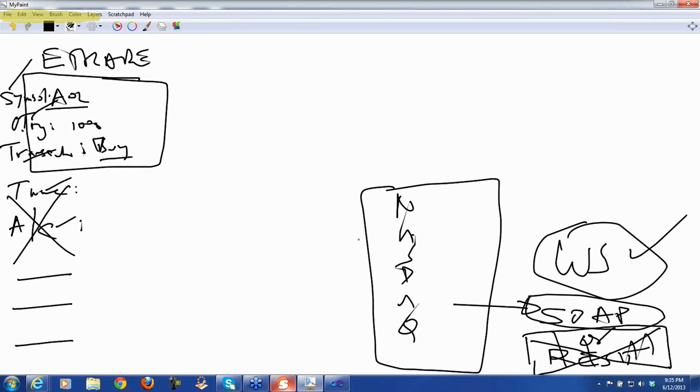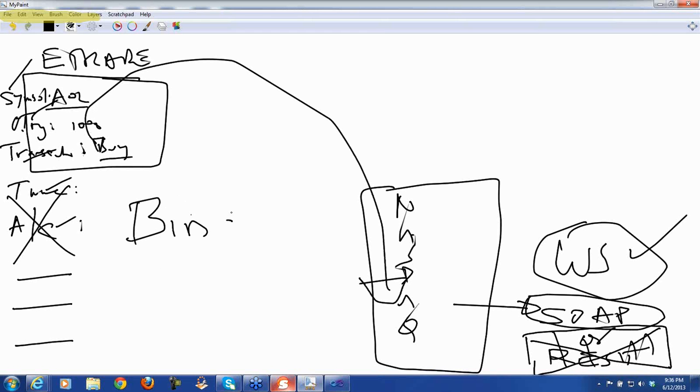Now, I'm not trying to make a joke of it. There is a reason I'm saying these things. The reason I'm saying this is, now, who will dictate? Who will say what needs to be sent here? Who's going to make that decision? Here it is. So what happens is, in the binding and in the contract,